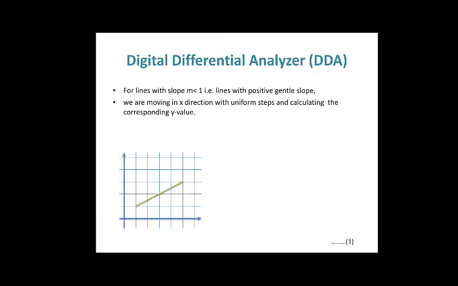Suppose this is a line with a gentle slope. How do we find a gentle slope? Another method is, if the number of columns is more than the number of rows, then we say that the slope is a gentle slope. You can see here the number of columns are 1, 2, 3 and 4. How many rows does it occupy? That is 1 and 2, right. So here the number of columns is more than the number of rows, so this line has a gentle slope.